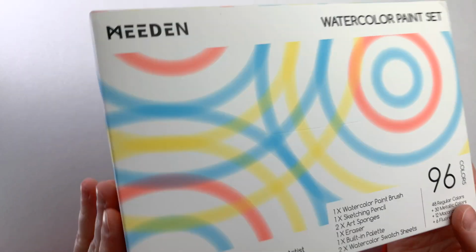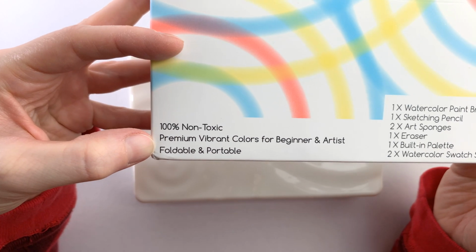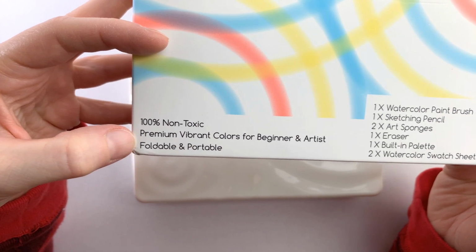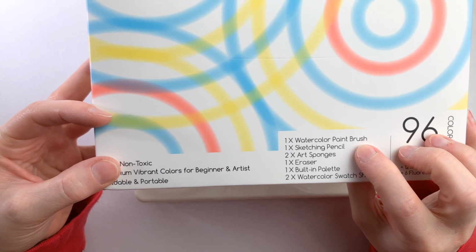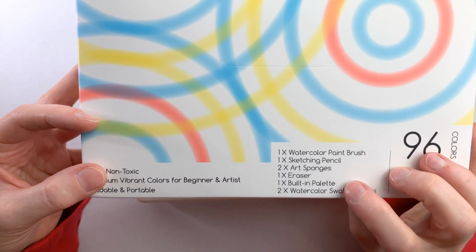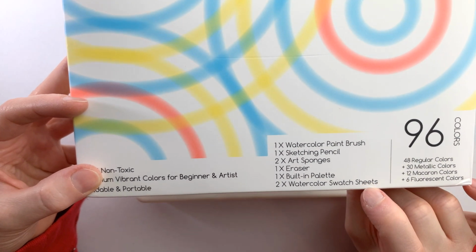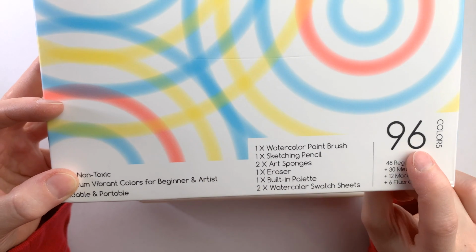Alright, so just the empty box, the info on it. These are non-toxic. It says premium vibrant colors for beginner and artist, foldable and portable. You get 1 watercolor paintbrush, 1 sketching pencil, 2 art sponges, 1 eraser, 1 built-in palette, and 2 watercolor swatch sheets. I'm glad there are watercolor swatch sheets because that would be a lot of work to prepare for